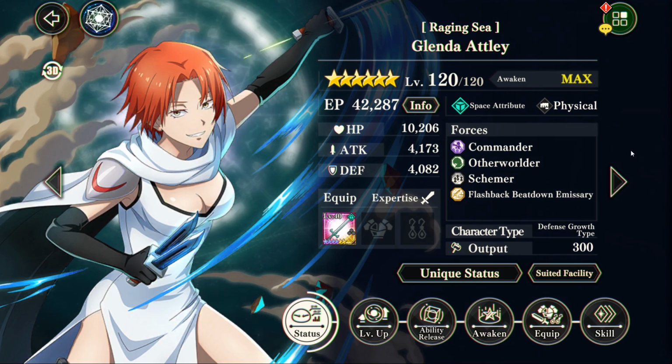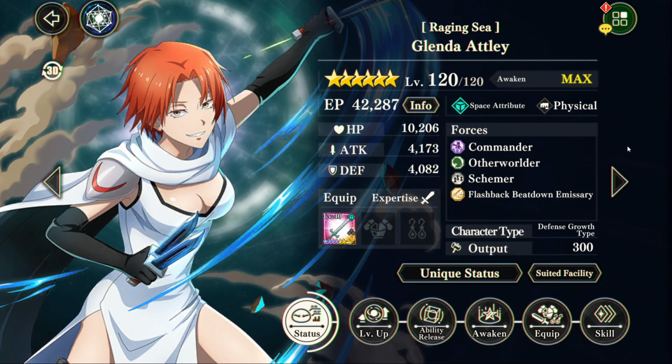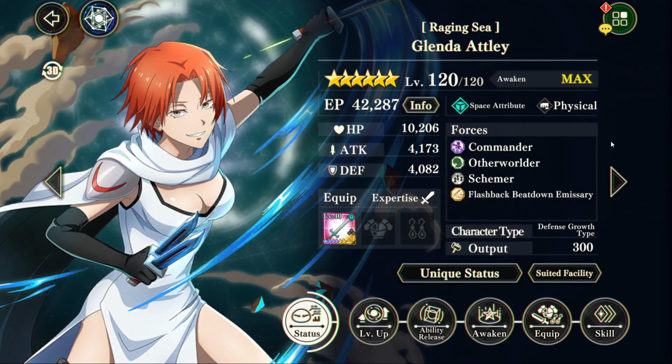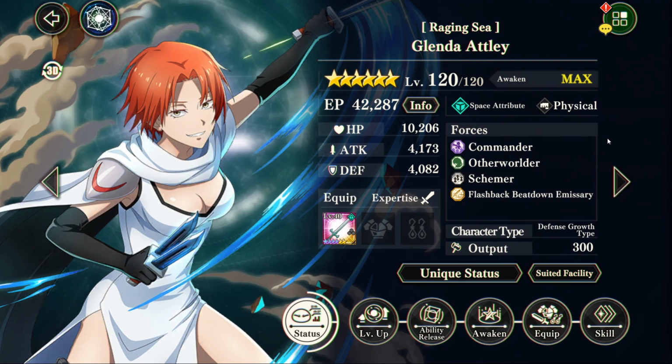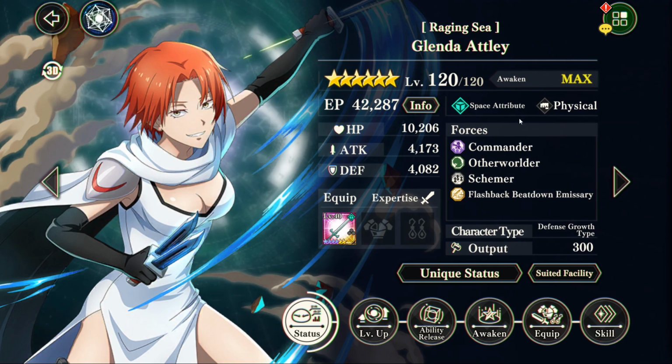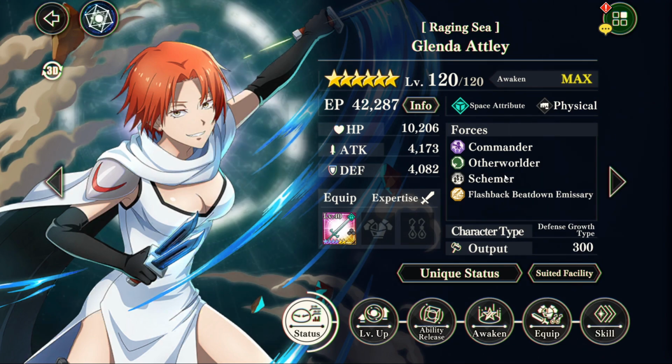Glenda is a fairly good free-to-play unit. She does have a few limitations that we will talk about, but she is better than some of the other free-to-play units we've received in the past. So she's physical in space, she's on Commander, Otherworlder,